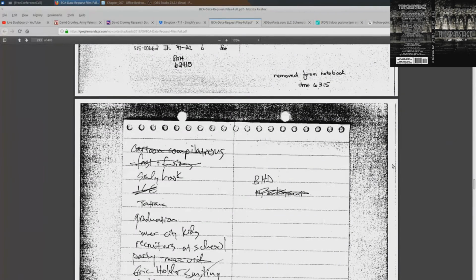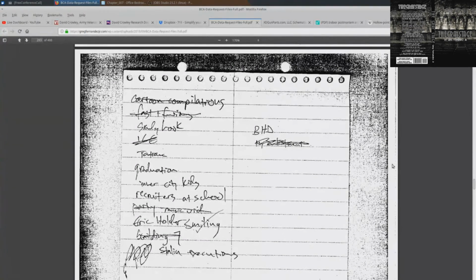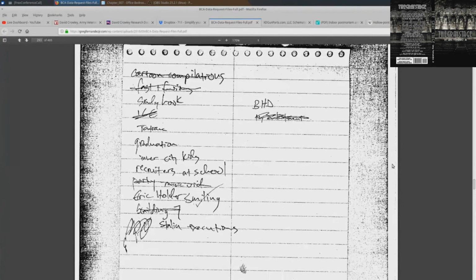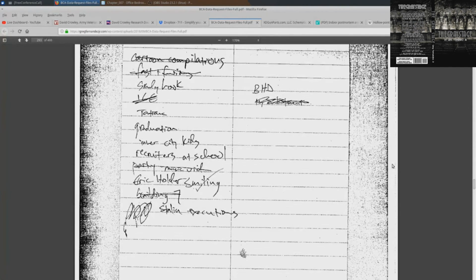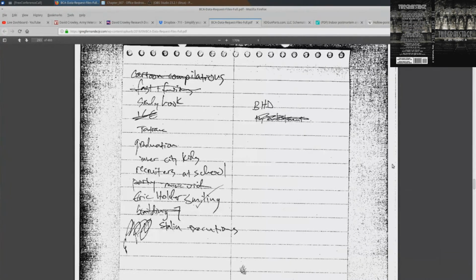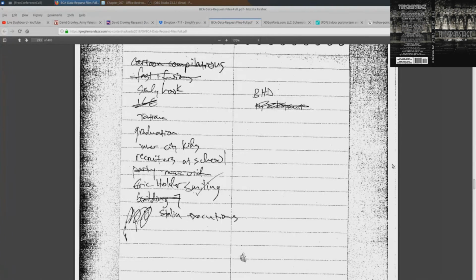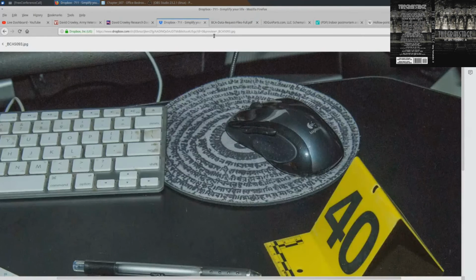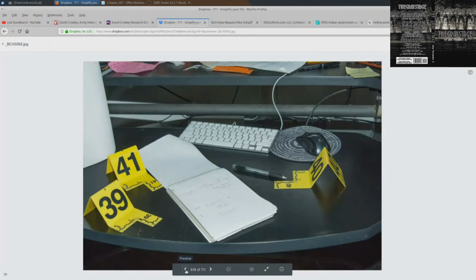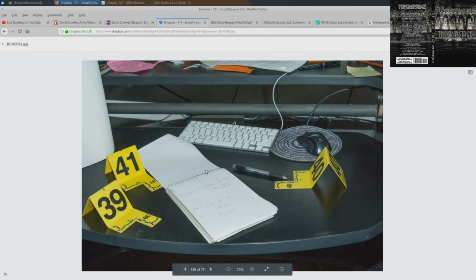Because I had thought that this page that we're looking at right now, we're looking at page 293. I thought that this was the page, and then David flipped it open. So I thought this was open here. David or somebody goes and sits down there, and this is in the crime scene photos too. This page here, so it'd be good to find the blood on this page. I can almost see it here, but keep this open, right? They keep this open, and that's why the other page. I'm going to go back to here. It looks like it's flipped open. Well, it is flipped open. Item 41 is flipped open.